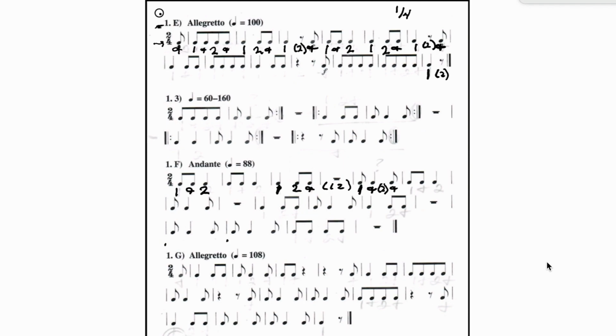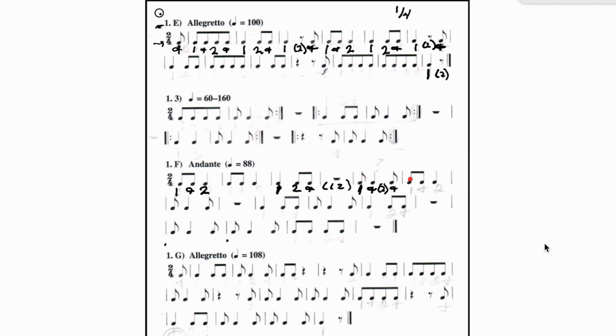And that's why it's a good idea to learn these patterns so that you don't have to write them in every time. Let's say the counting of 1F. Here's our beat. 1, 2, say with me. 1 and 2, 1 and 2, 1, 2, and